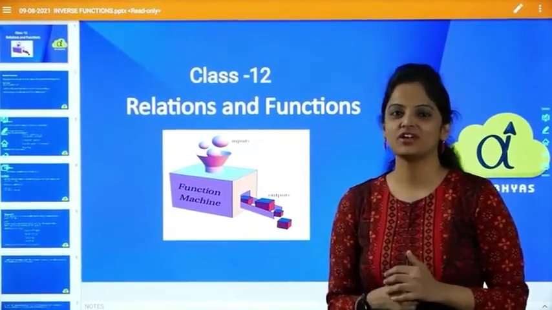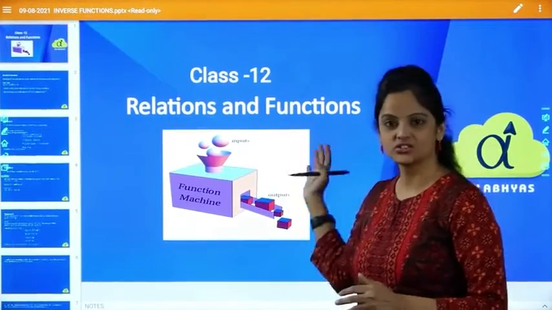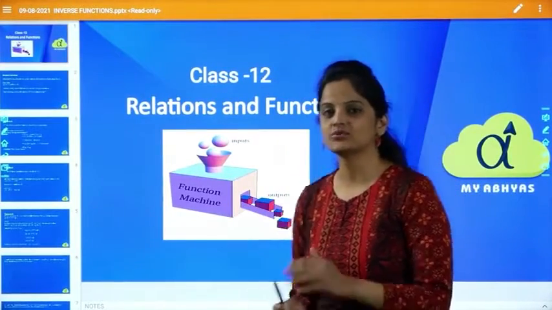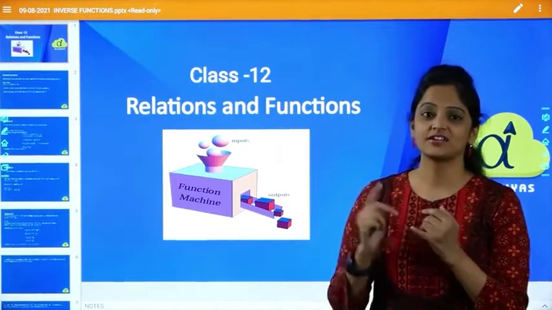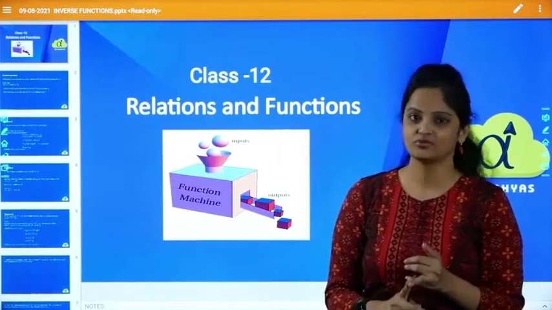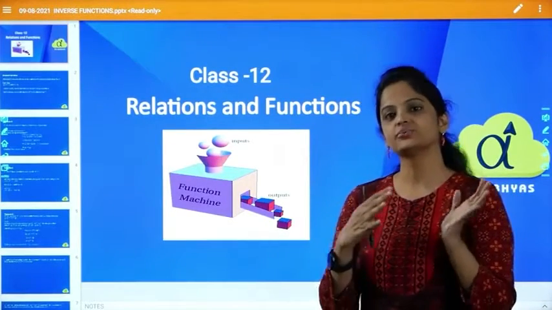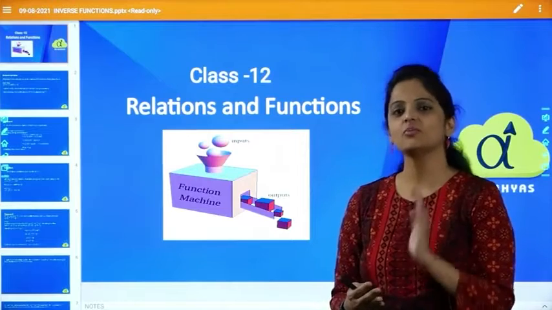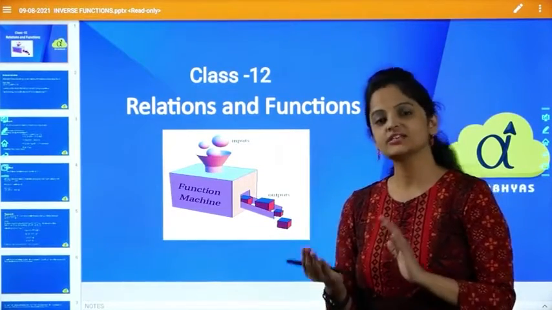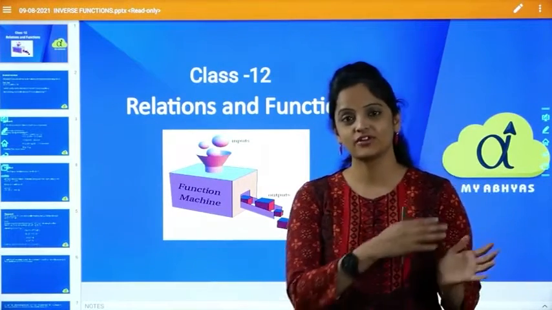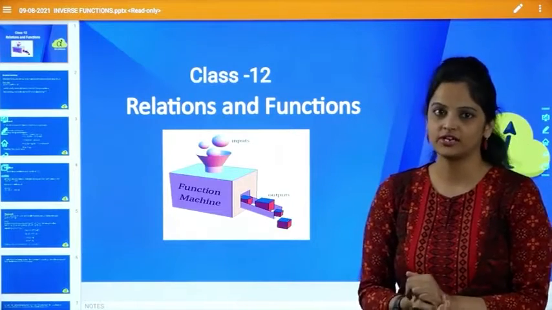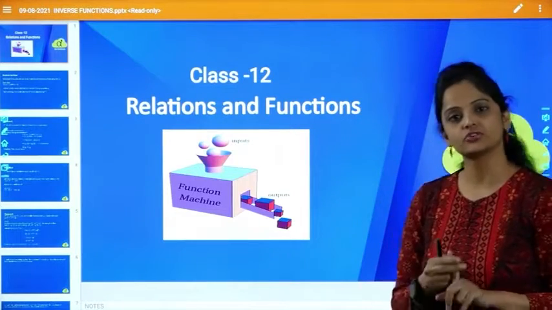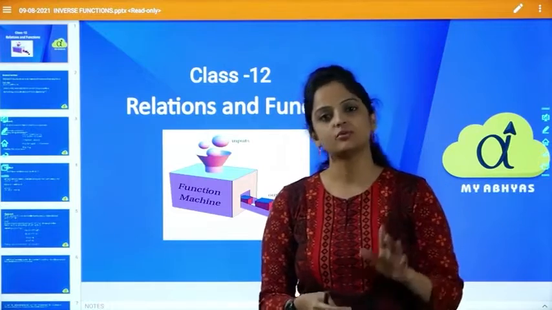In the previous session, we discussed relations and functions. Relations we discussed in one session, and functions I started in the other session, where I discussed the definition of functions and the types of functions, right? After that, we did problems on that. If you have missed anything in this, please go back and check the videos where we have done everything. All the explanation is given and we have done problems also on that. And composition of functions also we have completed, done with the problems.